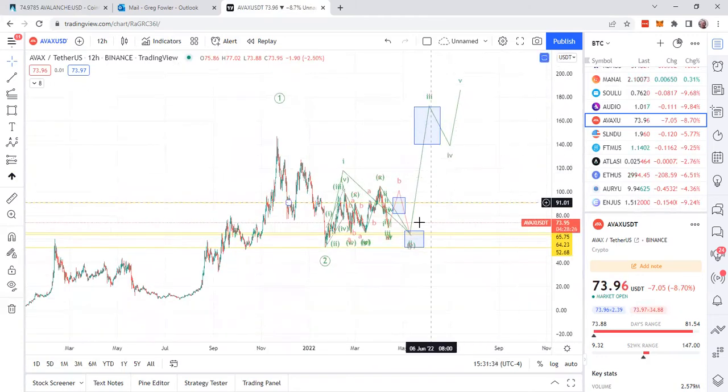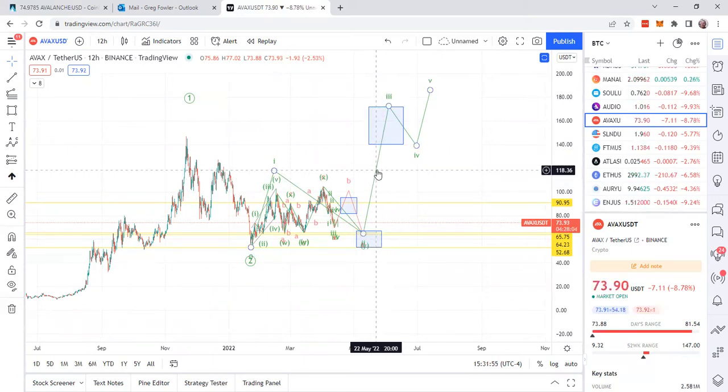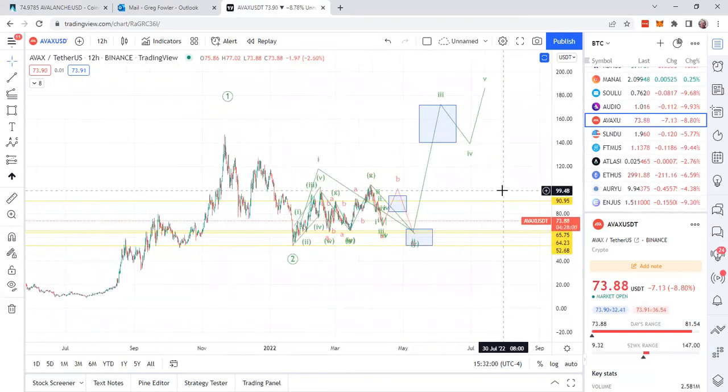So for AVAX to make this move, though, BTC is going to need to be bullish too. If BTC is not bullish and it does somehow miraculously complete its 2nd wave and it wants to go bullish while the market is bearish, then your targets are going to be a lot lower. You could see like 110 or $120 AVAX. But other than that, this is the coin. This is the only coin so far I would give a thumbs up.